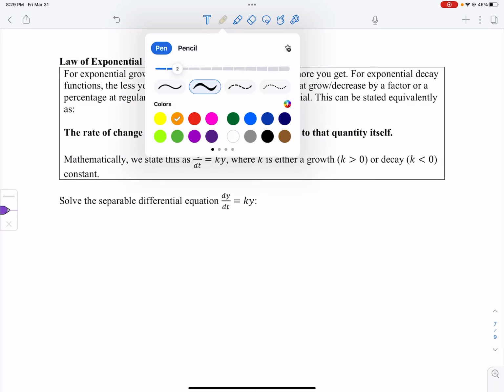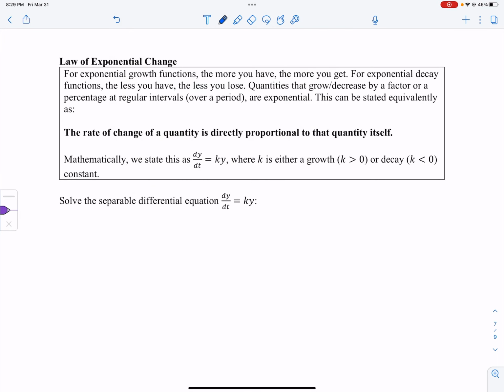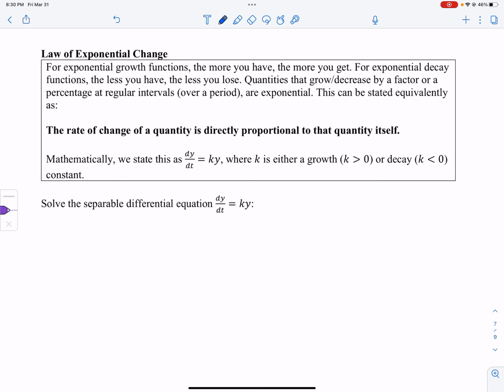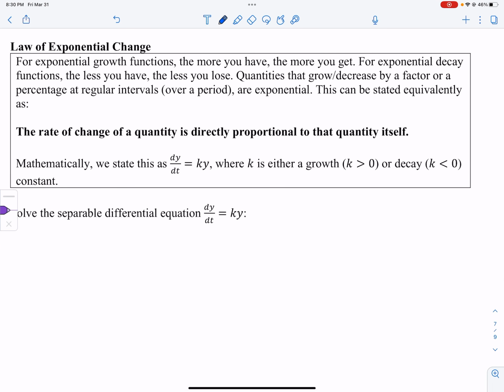Hi there, this is section 6.2 and 6.3 continued. We are going to now look at something called the law of exponential change. And you guys have studied exponential growth and decay functions in the past, which you know from your experience with exponential growth and decay